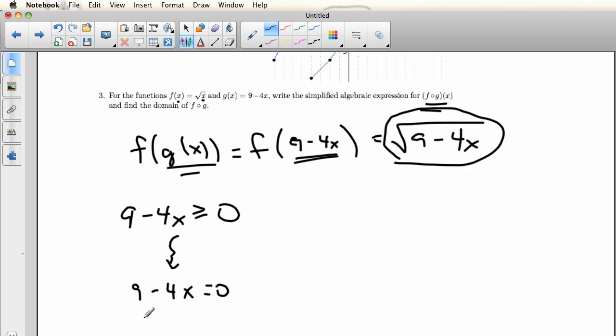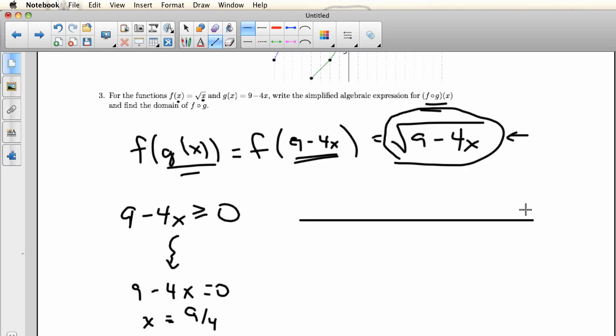So this equation has solution x equal 9/4, if you were to check it. So that means by putting 9/4 in for x into this formula, you're going to get the square root of 0. And so if you move a little bit away from 9/4 with your value of x, you may get a negative number. You may get a square root of a negative number. So the question is, which way is a good way to move and which way is a bad way to move? So to check that, and we'll be doing more of this later in the course, you can picture a